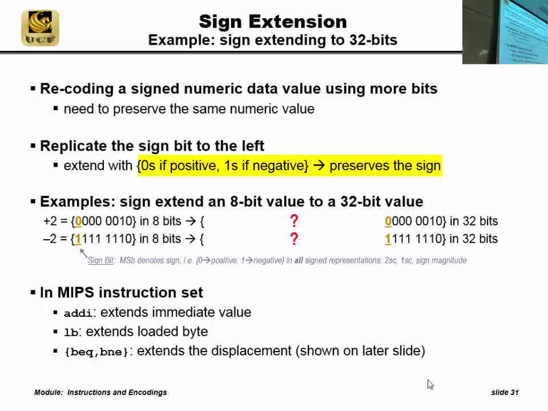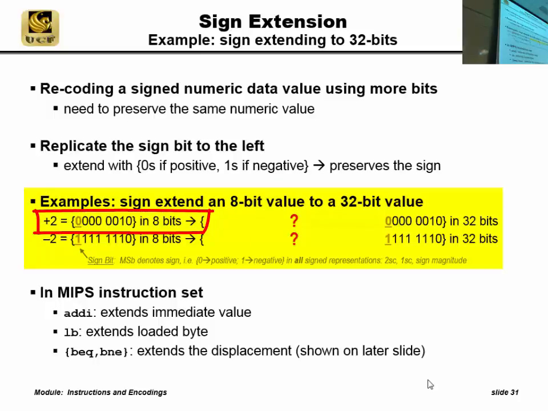So, because we have negative numbers, we have something called sign extension. We already saw the shift right arithmetic. It preserved the sign. There are other times we need to preserve the sign. So here's an example. There's something called sign extend. We need to preserve the same numeric value, which means we don't want to change the sign. So if we start with this value as a positive 2 as 8 bits,